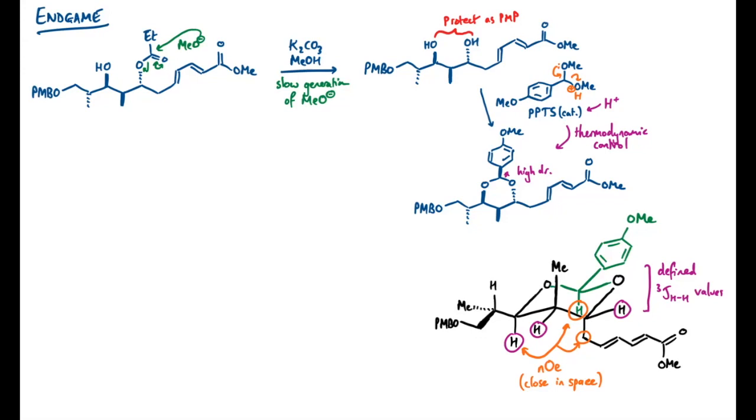Next thing we're going to do is take off this PMB protecting group. Now the reagent used here is a thing called DDQ. This is an organic oxidizing agent with this structure, and it's used in various reactions, but one of the main ones is to deprotect these PMB groups specifically, and the oxidation mechanism involves radicals, and at some point we need